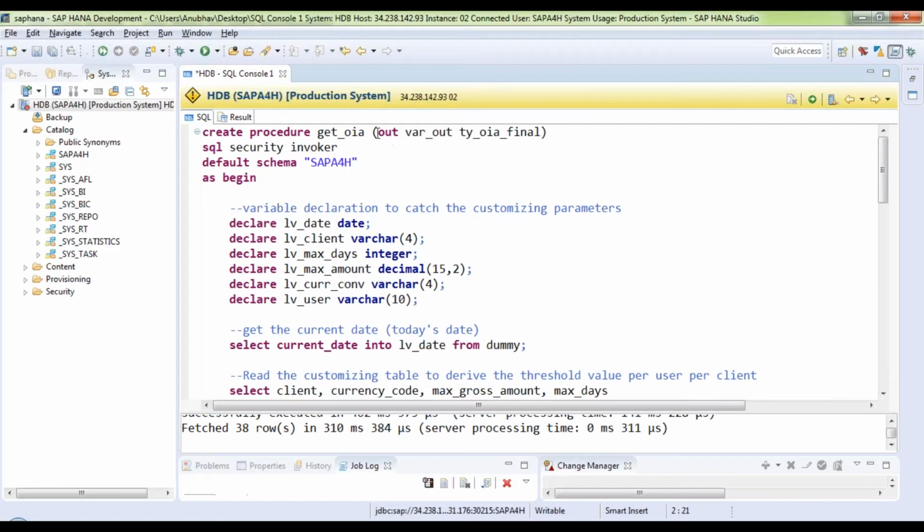The next change I want to make is to create an input parameter for the input currency code. So now I want to decide which currency I want to convert to. I can say ICURR, varchar of 4, and comma. This is an input parameter I'm now creating in the procedure so that I can pass the currency code to which I would like to convert my data.